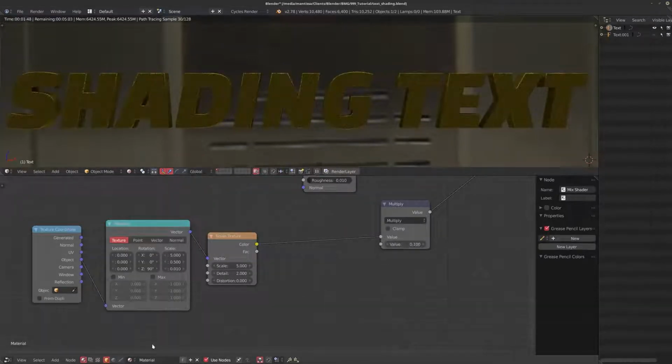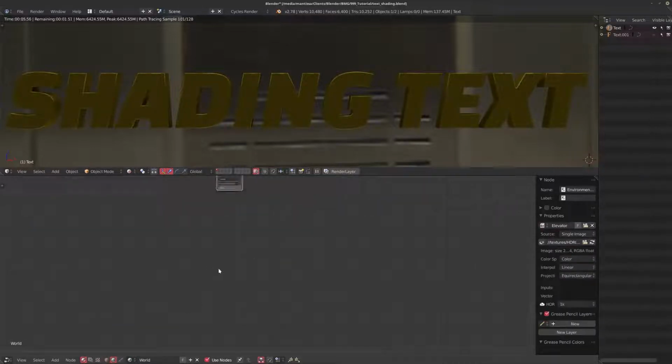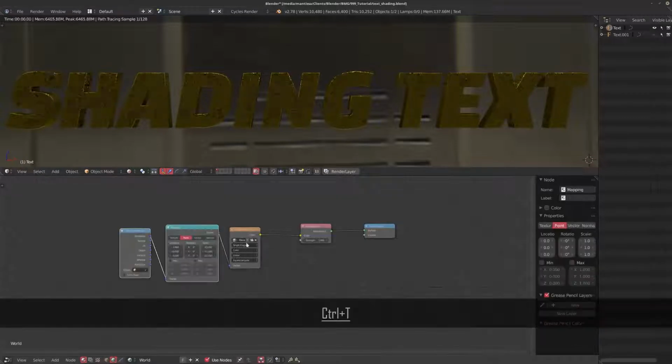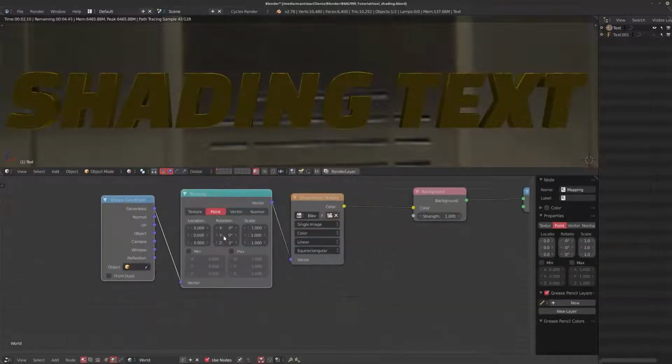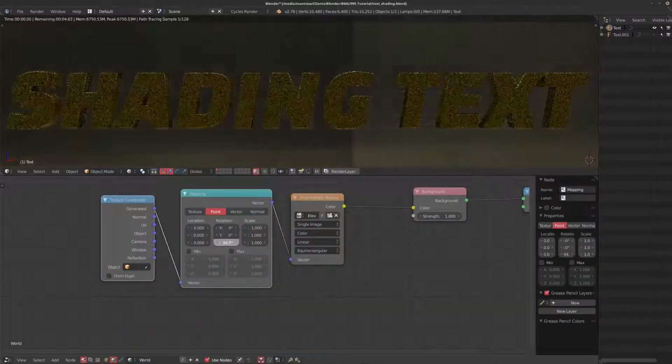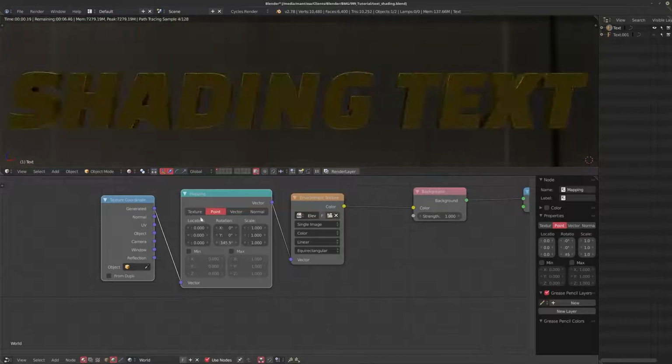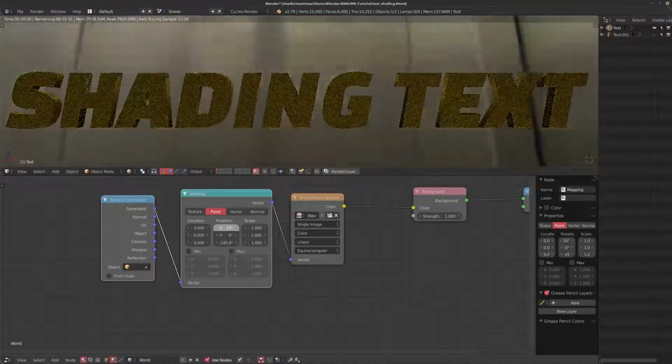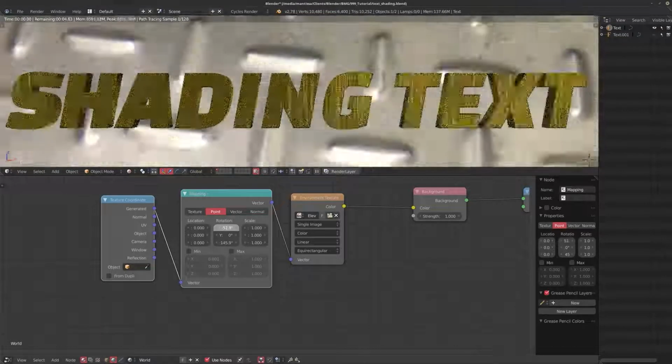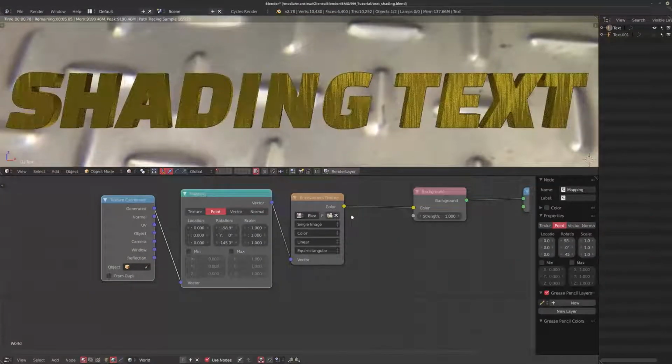And we go back into our HDR, and you've probably seen this in the look development part already. What I'm going to do is add in texture coordinates and sort of mess around with these. So what I'm going to do is turn it around, but the most important thing to note is those highlights and that bevel I was talking about earlier. So the cool thing about this is if you start messing with your HDR, you can get really interesting highlights and your text sort of changes color a little bit, and by animating a lot of this stuff you can get really dynamic text just by turning around the HDR.